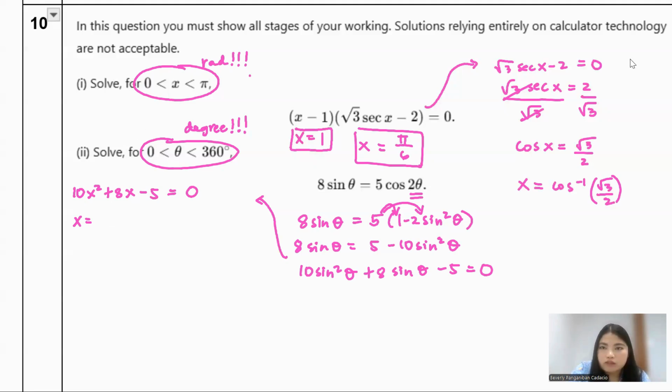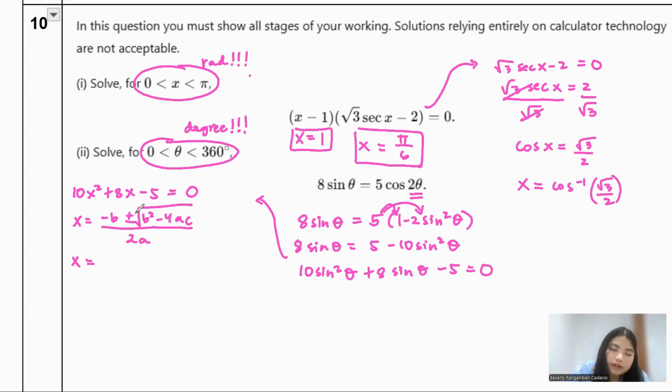So let me just show you. What I'm saying is if you want to use calculator techniques, you can, but only for checking. I want to see at least the substitution of the quadratic formula. And again, that's still in the formula sheet. So you have negative b plus minus square root of b squared minus 4ac, divided by your 2a.